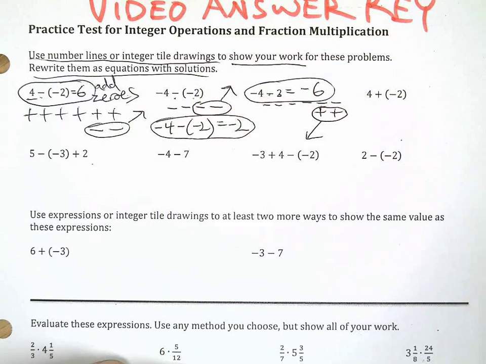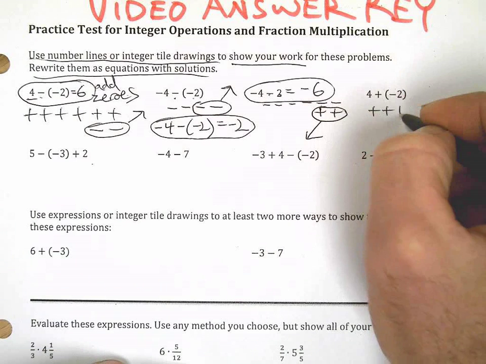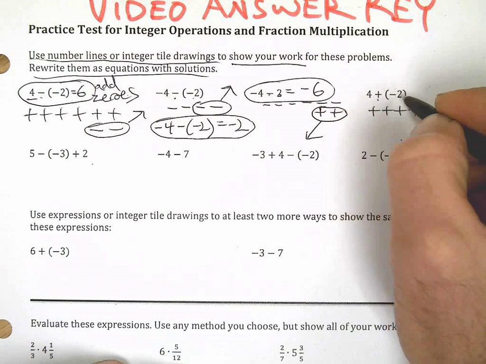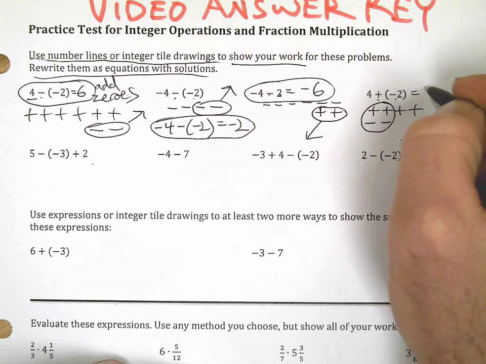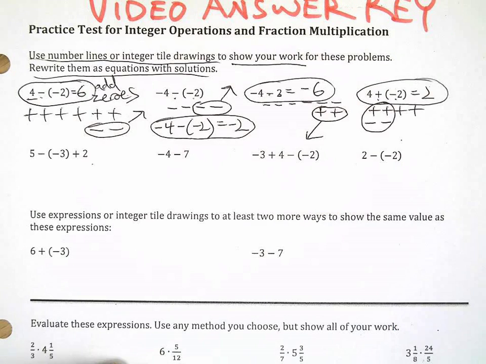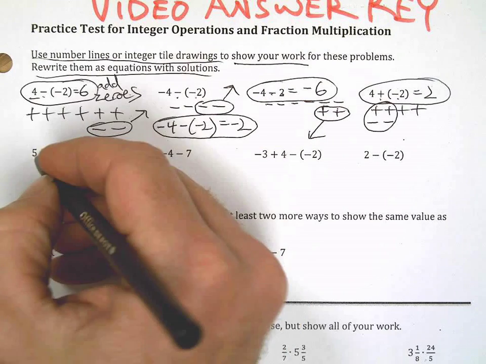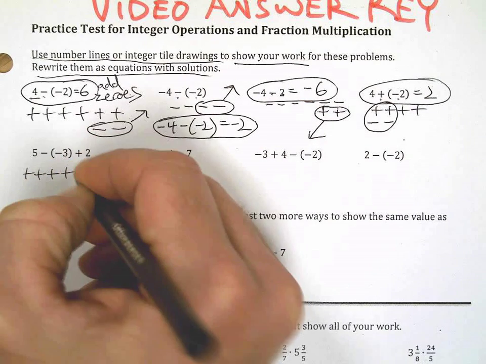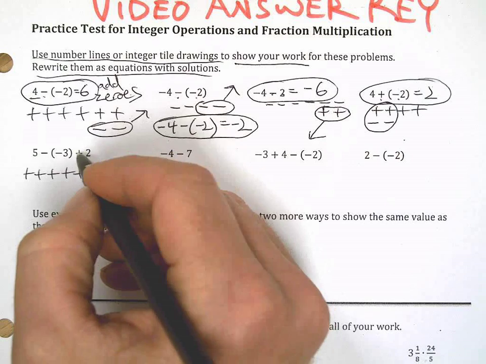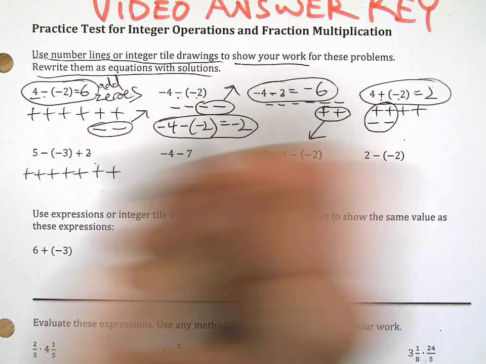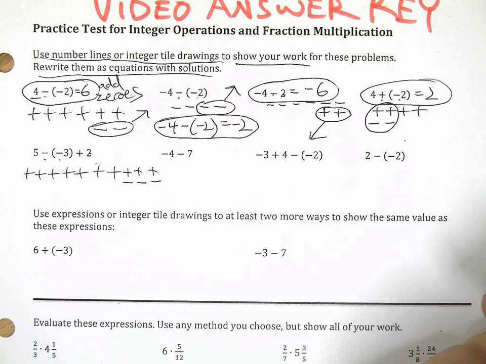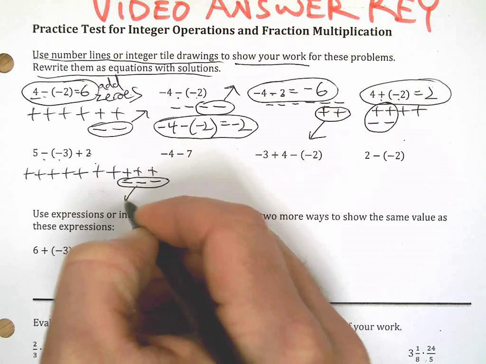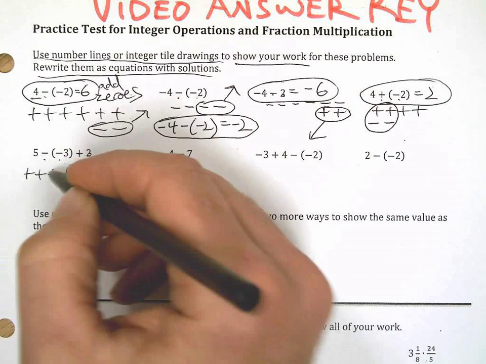There we go. Next, start with 4 positives. Add 2 negatives. What happens there? I created a couple of zeros by doing that, which leaves me with my final answer of +2. Now we have 5 positives, and I have 2 more positives. I'm supposed to take away 3 negatives. That means I need to add 3 zeros, take those away, and the result is 1, 2, 3, 4, 5,